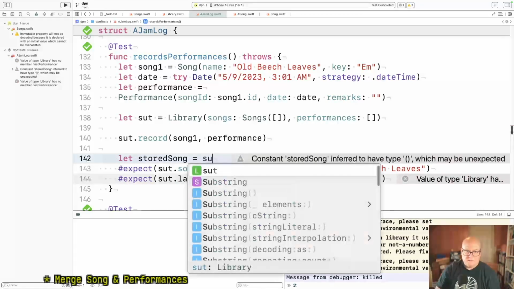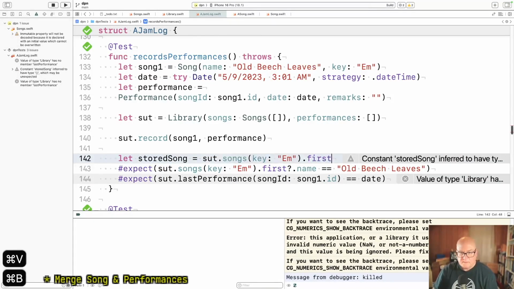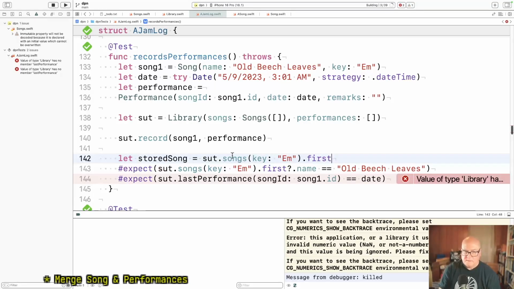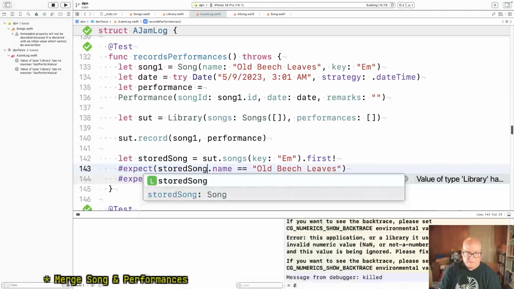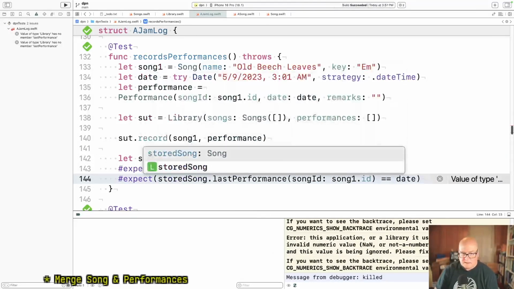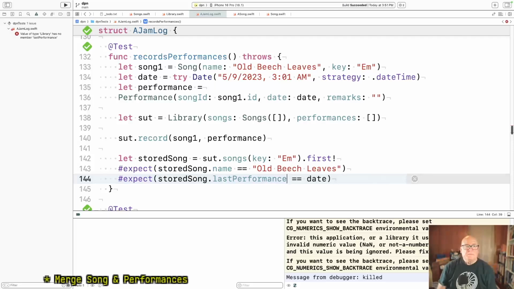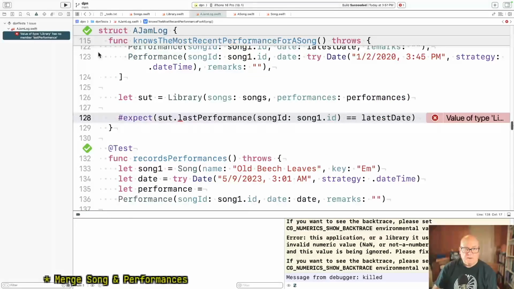Sut dot, yeah. This first should exist, and that is now stored song, and then stored song dot last performance should be date. More.